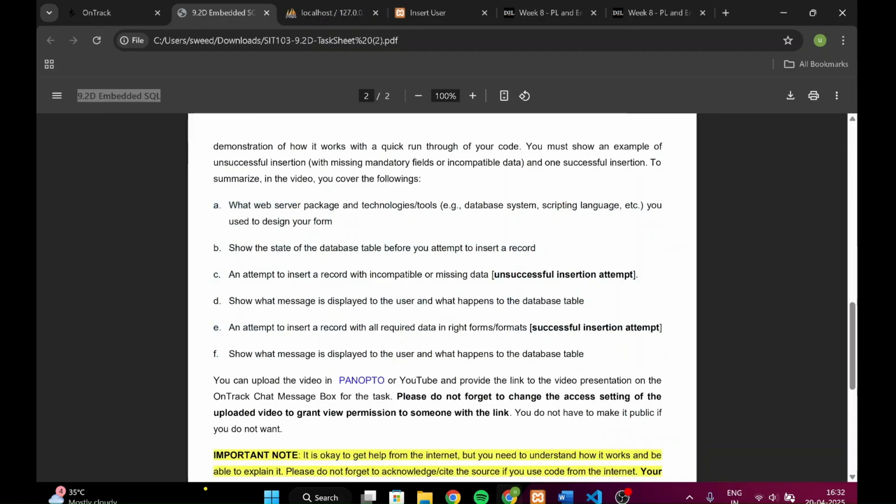The first question is what web server package and technologies I have used for designing my PHP form. I have utilized XAMPP as the local web development environment, because it includes the Apache web server and the MySQL database server, and I have used PHP scripting to access my PHP form and insert the data. The working is like this: Apache acted as the web server to host and execute the PHP file,